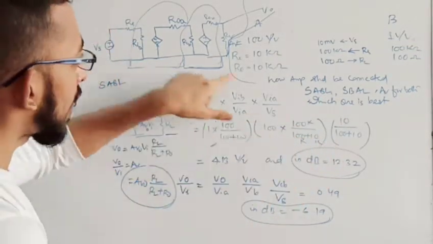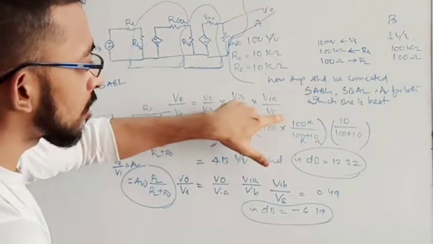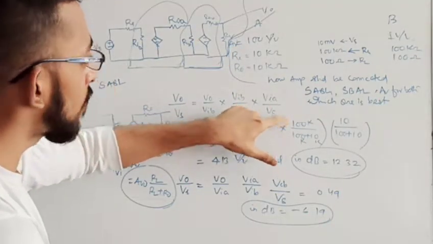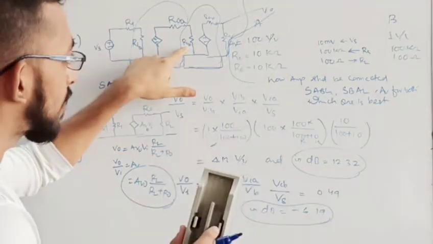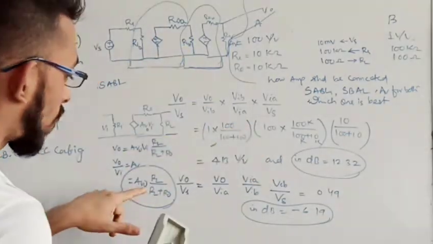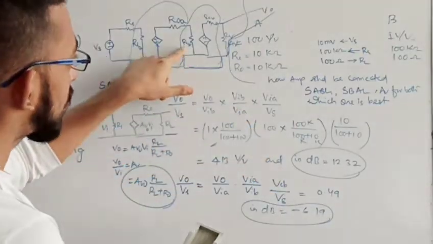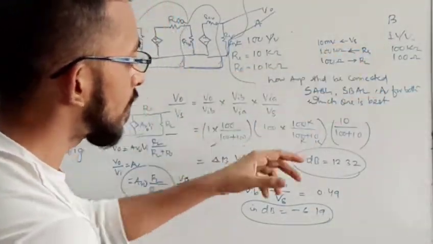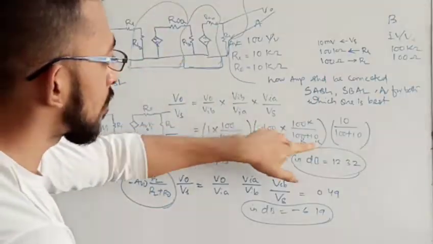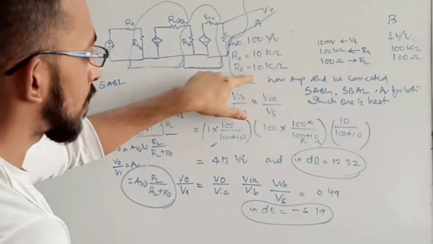Okay, this is the gain of A. This is the load of A. Load of A, which is nothing but the input of B. Then this load of A plus output resistance of A. So load of A, which is nothing but input of B, whose value is 100 kilo ohm, and the output of A, which is nothing but 10 kilo ohm. Here it is 10 kilo ohm.